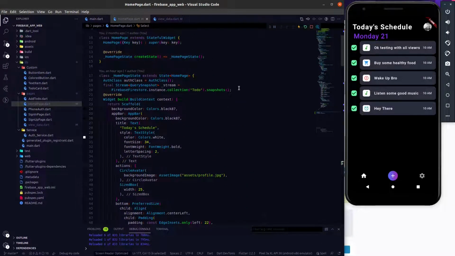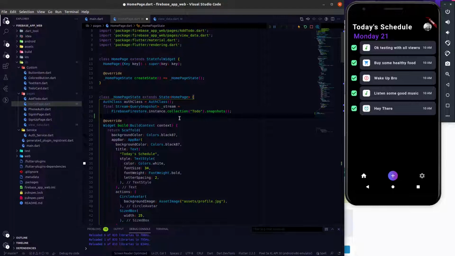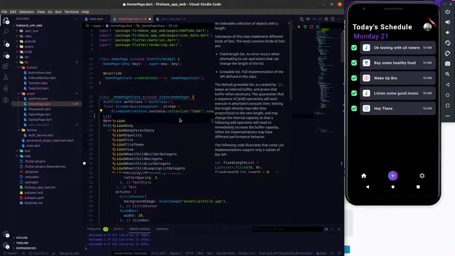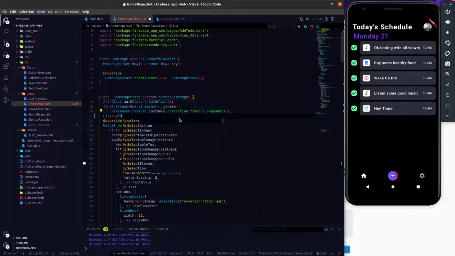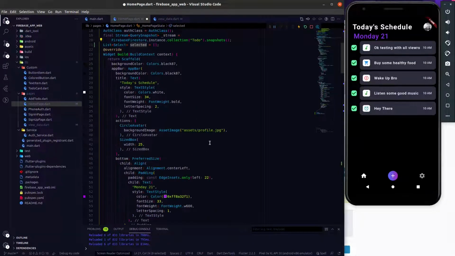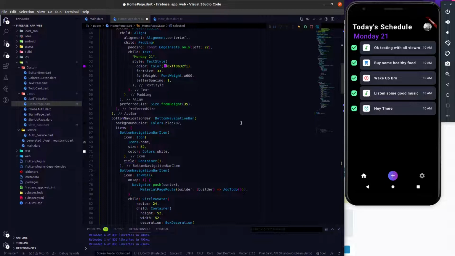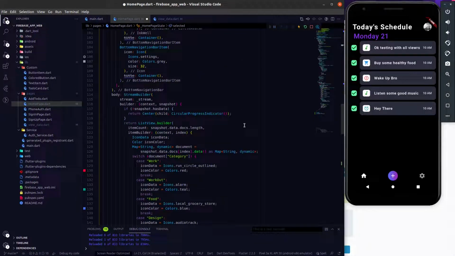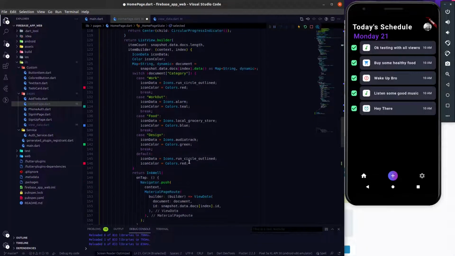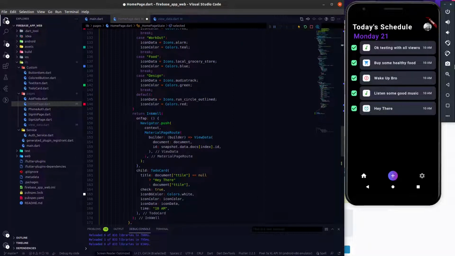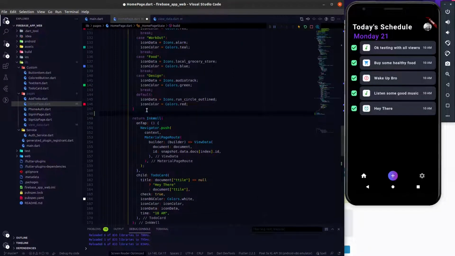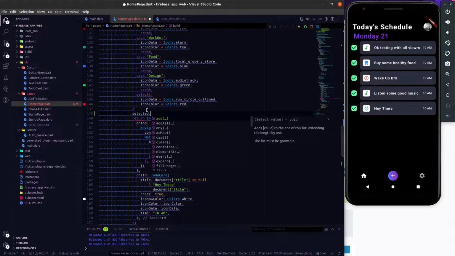And let's create an array of this Select. Create a list of this Select. Name will be selected. Initially it will be empty. Let's use the selected here. And where we are going to use this selected, because we need to handle the state of this checkbox, right? So at the time of ListView.builder, at the time of iterating the to-do card, at the same time I'm going to add selected.add,